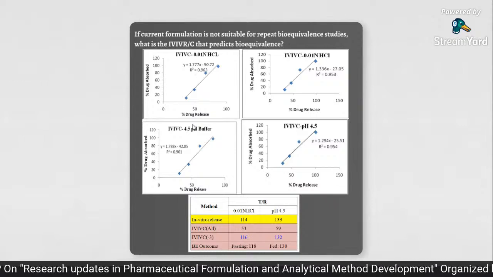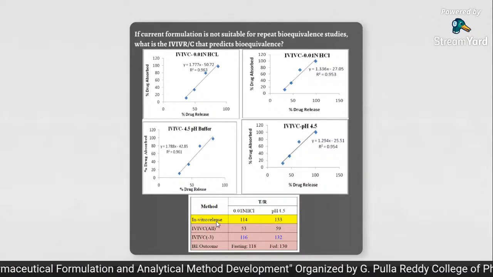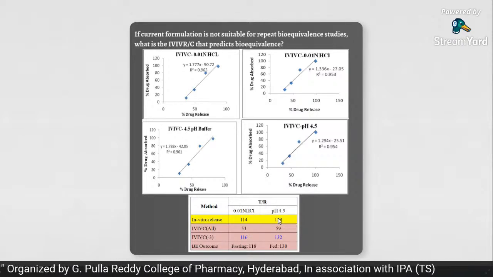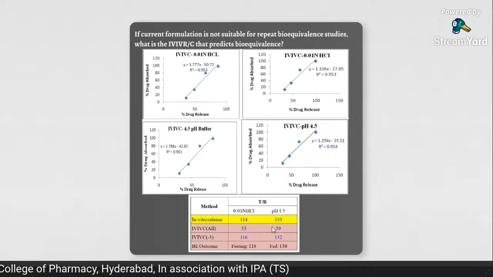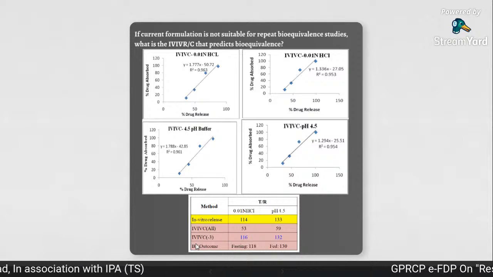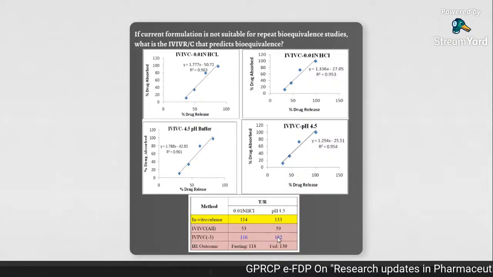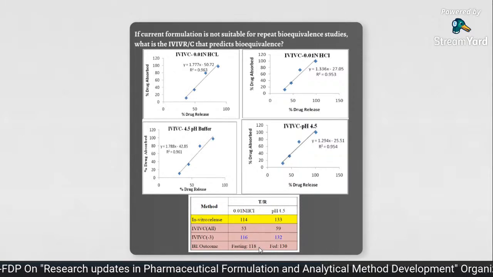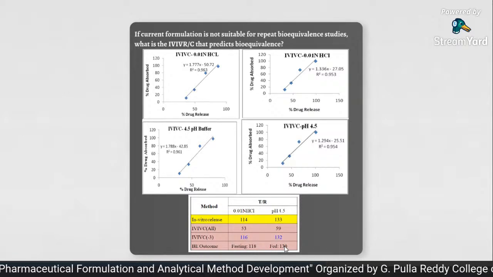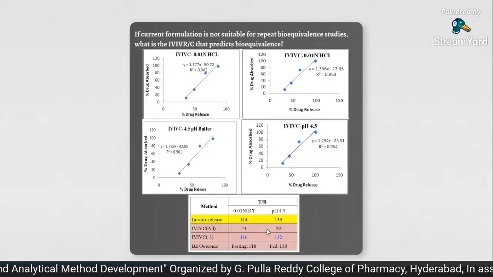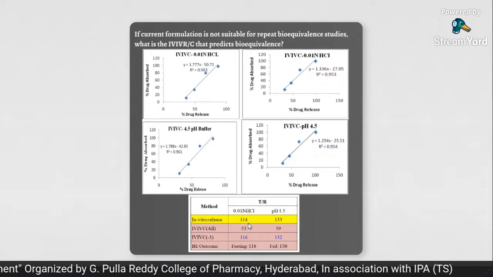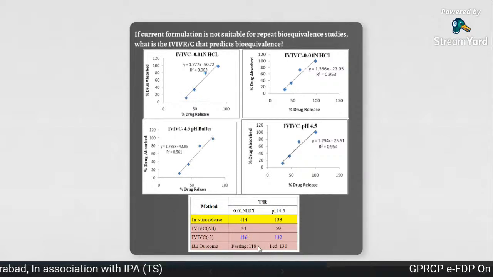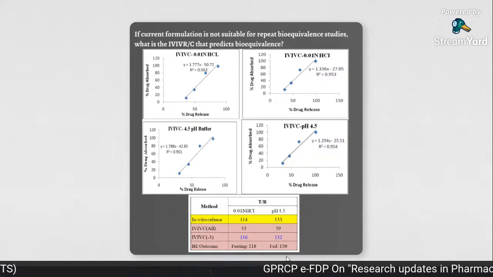And from all these T-bar ratios, the calculated T-bar ratio from in vitro, as I told you previously, is 114 in 0.1 normal HCl and 133 in 4.5. IVIVC of all subjects, 53 and 59. IVIVC, if you remove those three subjects, 116 and 132. And the actual values we got, 118 in fasting and 130 in the fed. Now in the summarized table, you can see from the dissolution also our prediction, if we had done the prediction before proceeding to the pivotal, 114 is our prediction, actual value 118. 133 is our prediction, actual value is 130.